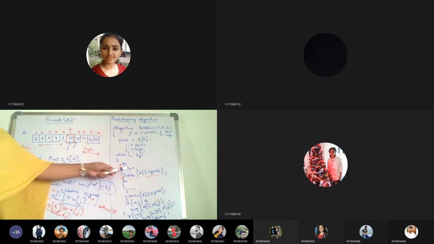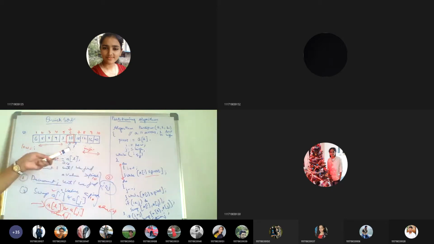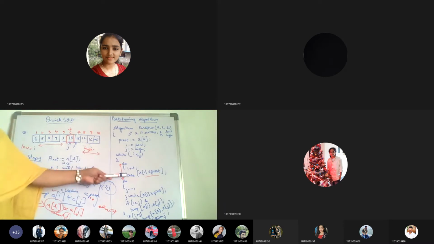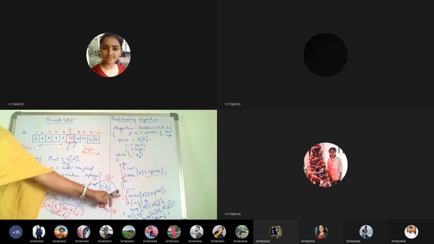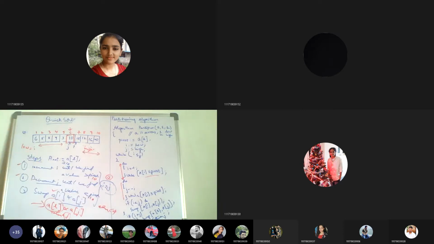So we increment I until we find a value greater than the pivot, and this block is for decrementing J until we find a value which is less than the pivot. If these two conditions are satisfied, what do we have to do? We swap A of I and A of J. So that is what we were doing here.